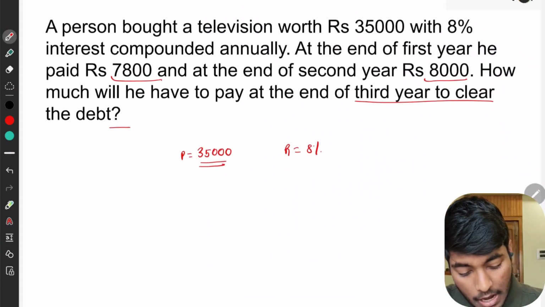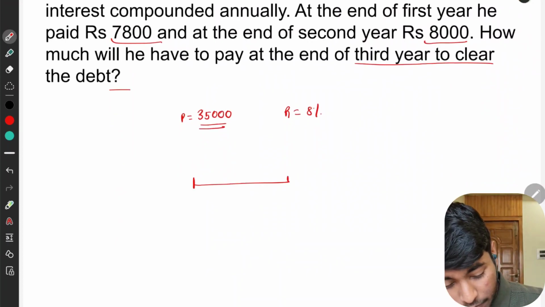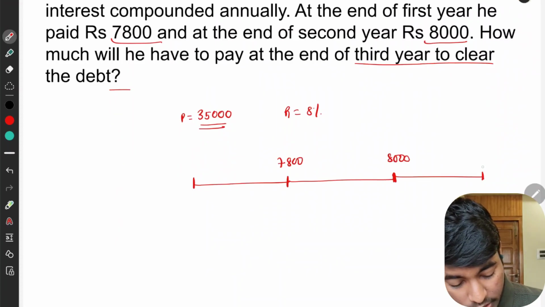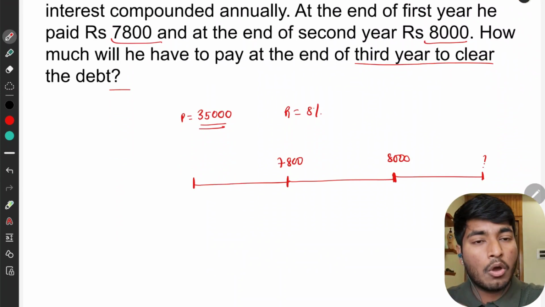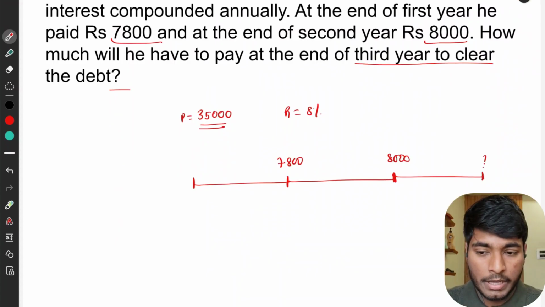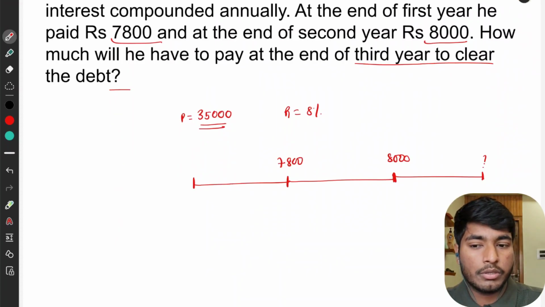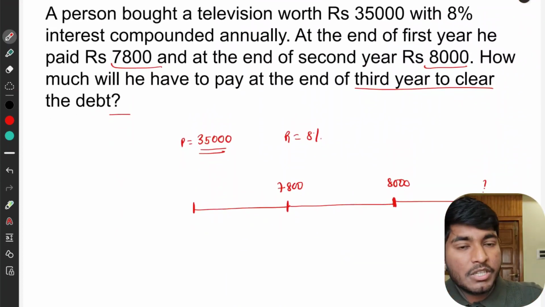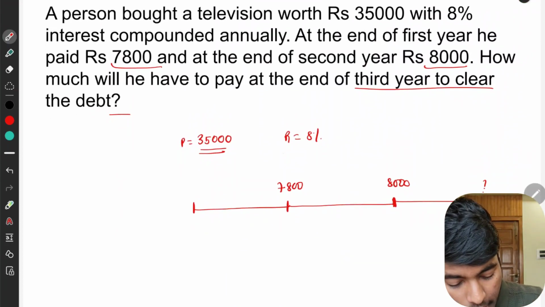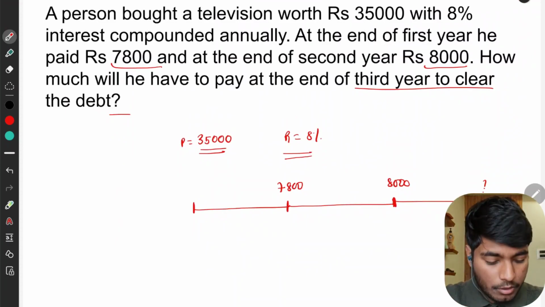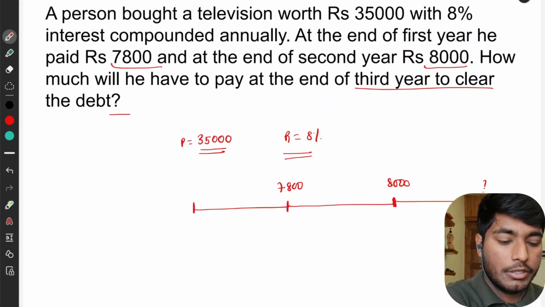At the end of first year, he paid rupees 7,800. At the end of second year, he paid rupees 8,000. Now, how much will he have to pay at the end of third year to clear all his debt? So basically, if the principal amount was 35,000 and the rate is 8%, can I say here that at this particular condition,